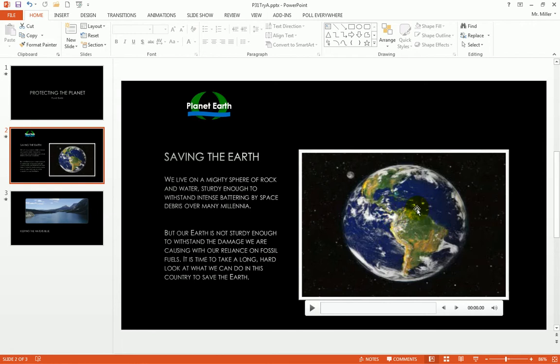What happens is, if you copy the PowerPoint file to another computer and you go to play the PowerPoint and you go to watch the video, all of a sudden the video is not available because it hasn't been transferred to the new computer. So by using this feature called Package Presentation for CD, it makes sure that you have all the files needed